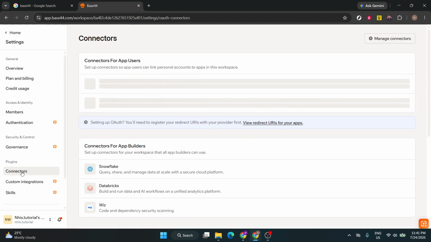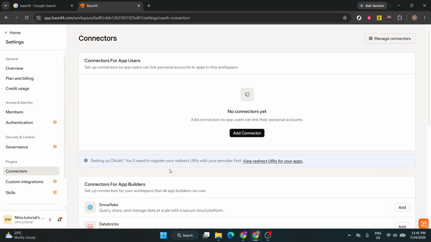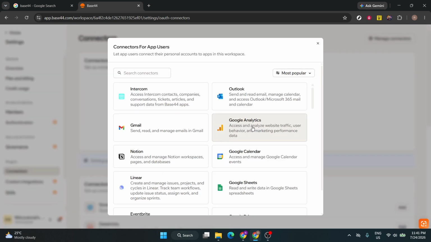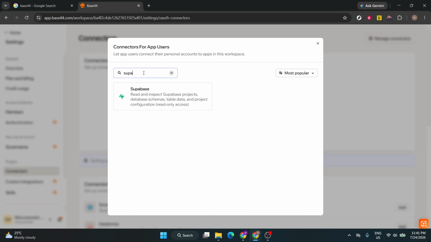Once you're on the connectors page, click Add Connector. This opens the connector library where you can search for the service you want to link. In the search field, type in Supabase. Searching helps narrow the list quickly, especially if your workspace supports multiple available connectors. When the results appear,